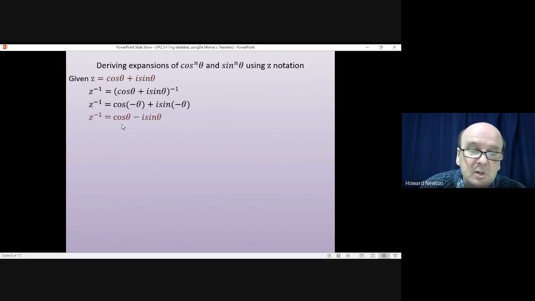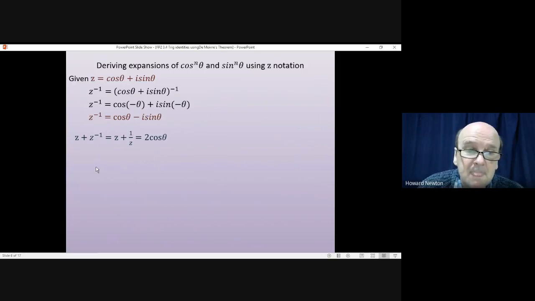There's no problem with the cos because cos theta and cos minus theta are the same. But with the sines, you do have to change the plus to a minus because sine theta is equal to minus sine minus theta. What we then do is add Z to Z to the power of minus 1. So we're adding Z to the reciprocal of Z, to 1 over Z. And if we add them together, the i sine and the minus i sine cancel, and we just have 2